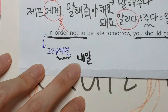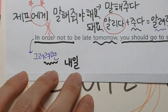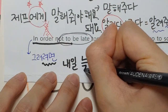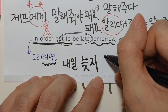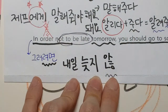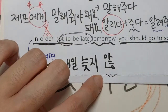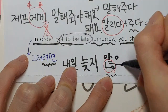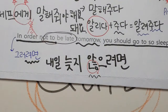So 내일, tomorrow. To be late is 늦다, right? 늦다. And when you say not be late, you take out the stem, right? To be late, 늦다, and put 지 않다. Stem is 늦지 않, right? This is the negation verb, 늦지 않. And then you combine it with 려면 conjunction. To combine 려면 conjunction, you first have to look at the stem, how the stem looks. If the stem ends in 받침, you have to put extra 으, and then 려면. So you should say 내일 늦지 않으려면,